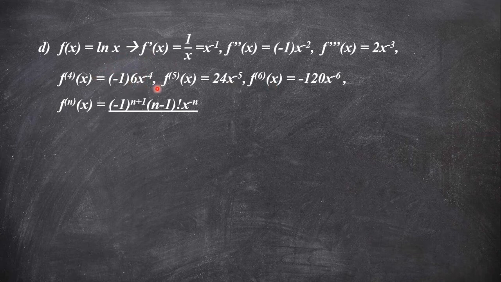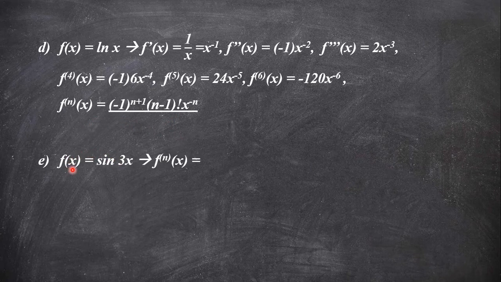This also has an n factorial formula. So the nth order derivative of this function will be negative 1 to the power of n plus 1, times n minus 1 factorial times x to the power of negative n. This is the nth order derivative for d, the function ln x. So the nth derivative of ln x will be this, and the next one is